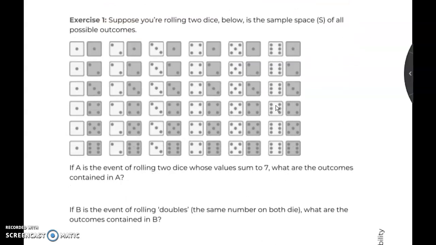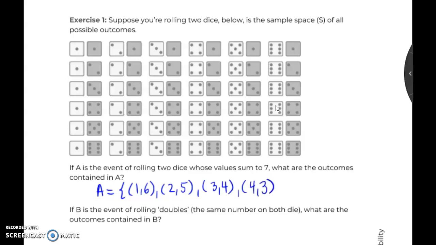So suppose you're rolling two dice. We have our sample space, so again, that's all the possible outcomes displayed below. We could either have a 1 and a 1, or a 1 and a 2, or a 1 and a 3, and so on. If A is the event of rolling two dice whose values sum to 7, what are the outcomes contained in A? Usually we use set notation over here. So we could call A equal to outcomes 1 and 6. We could roll a 2 and a 5. We could roll a 3 and a 4